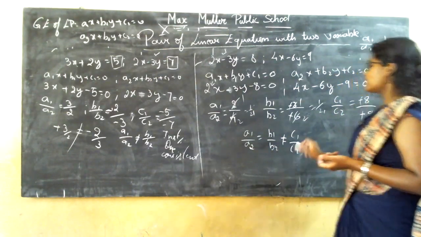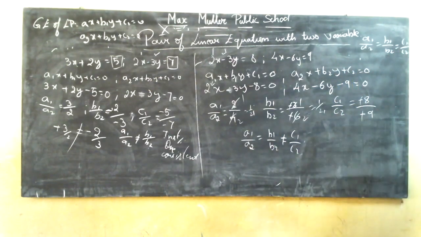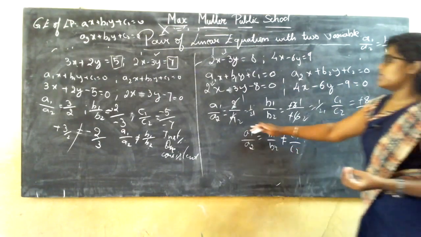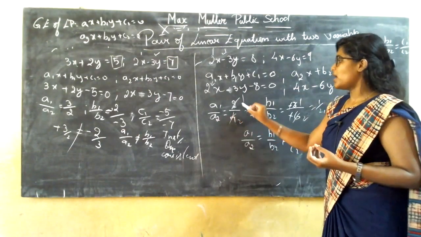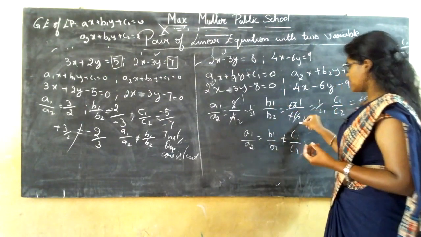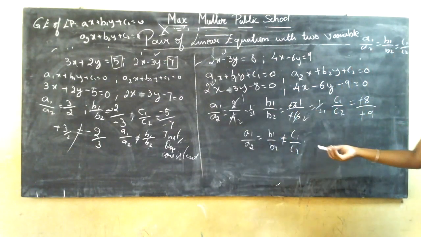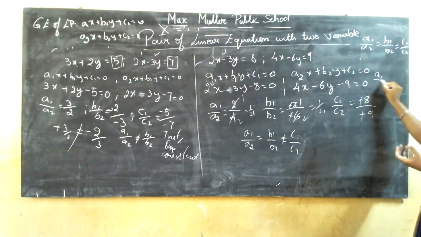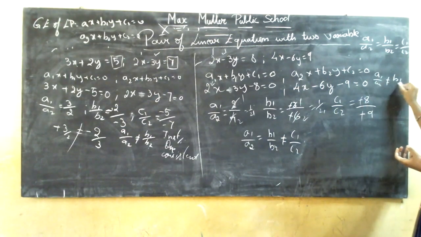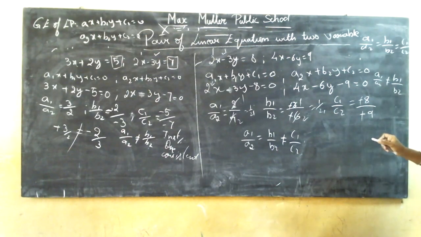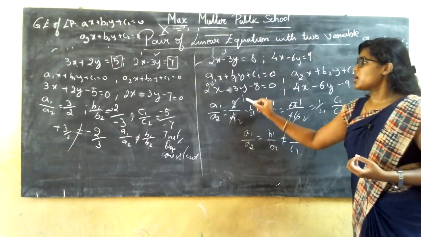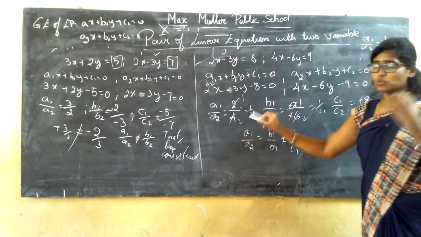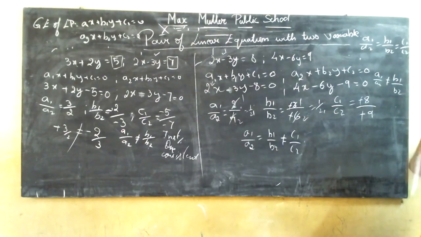See, when you have not cancelled, if you had left this answer as 2 by 4 and 3 by 6, then a1 by a2 would not be equal to b1 by b2. If without the simplification you had written that a1 by a2 is not equal to b1 by b2, then your answer was wrong. What I'm going to tell you is, if these two terms' simplified answer is also equal, then only simplify.